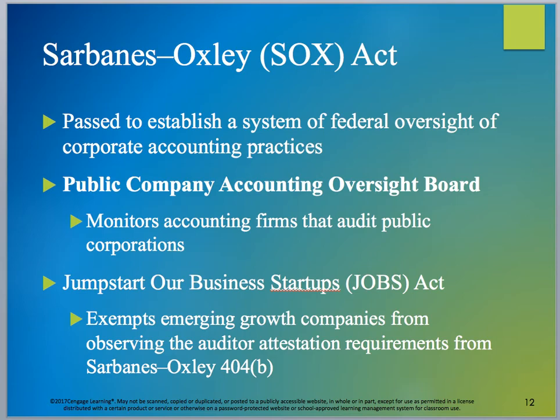So we talked about Sarbanes-Oxley Act in previous chapters, but we can go into greater depth here. It was passed to establish a system of federal oversight of corporate accounting practices. And of course, this was spawned because of the huge ball that was dropped where, as I shared in chapter 1, when we looked at the various stages,